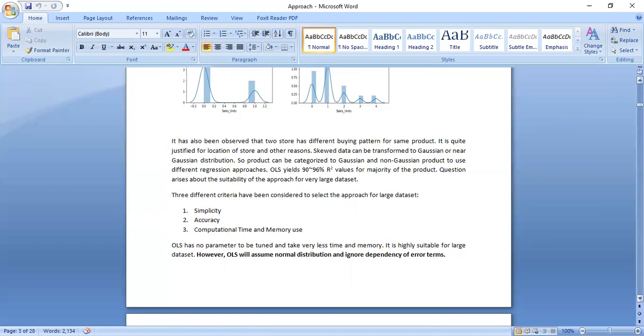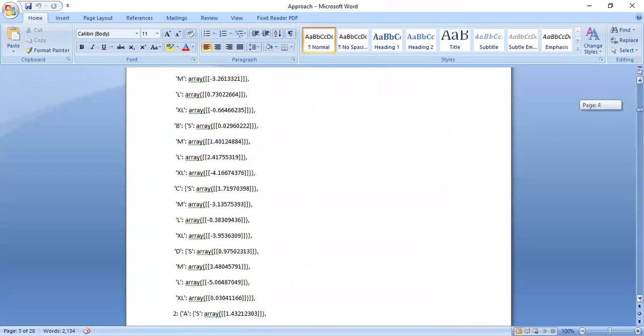So I showed the accuracy. Three different approaches I used. Number one is ordinary least squares, and at the same time I justified where I'm wrong, because ordinary least squares means the distribution should be normal, and you have to consider that all the error terms are independent of each other. The next one I used is SARIMA, seasonal ARIMA,